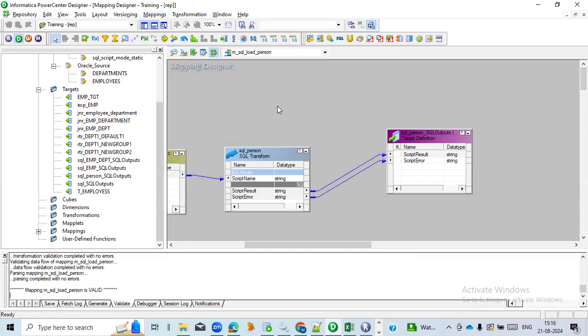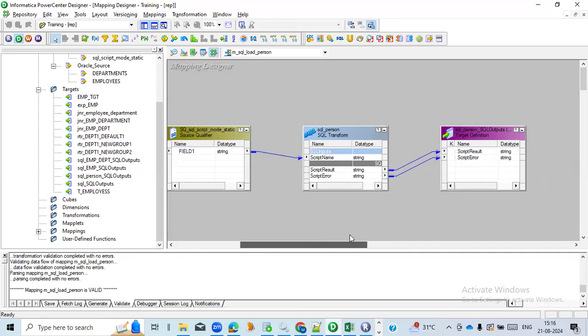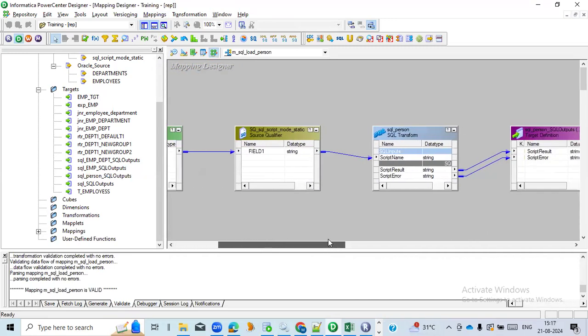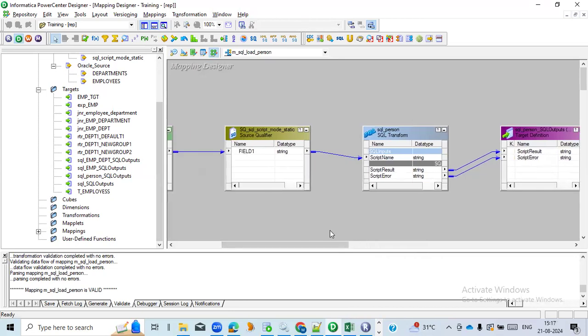Go to the mappings, validate. Let us arrange it. Okay, so this is how the mapping will look like once you arrange it. Iconic, and this is how it will look like once you arrange it in all mode. So now next step is, since our mapping is valid,